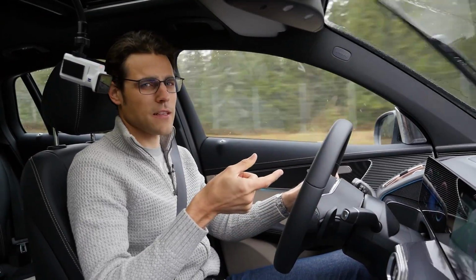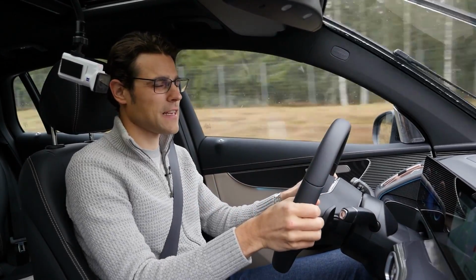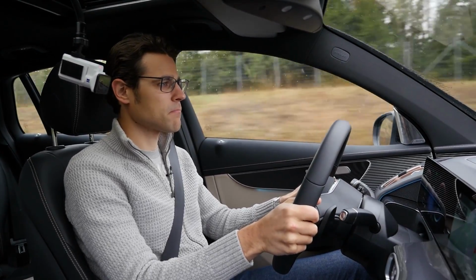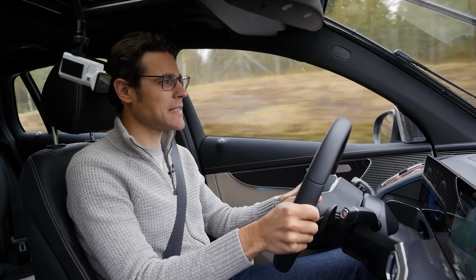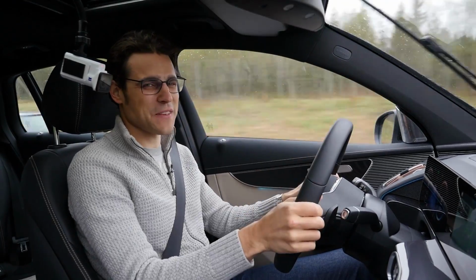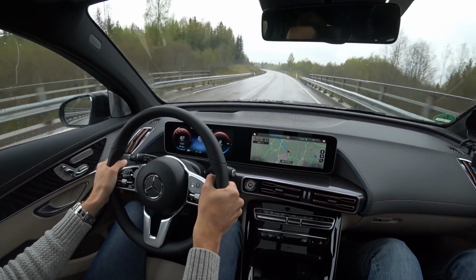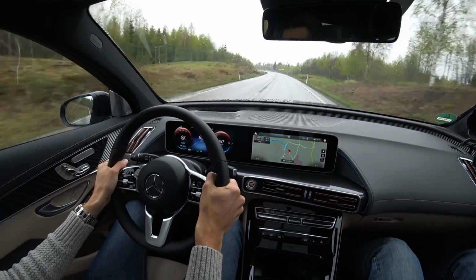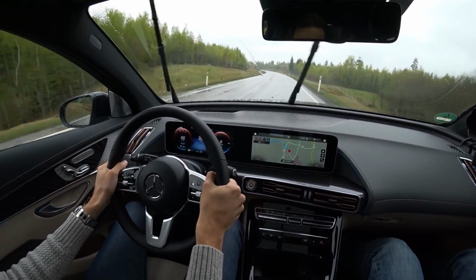You feel also somewhat a little bit sportier than in a GLC because you sit a little bit lower. The car does not have any significant ground clearance. Is it an SUV feeling? That's a good question. I think it's a little bit more than a crossover feeling. I would say it's between crossover and SUV from this high driving feeling. But it is somewhat a feeling that you would say it's more comfortable than you would have in a sedan or estate. Not as high as you would sit in a GLC, but still,